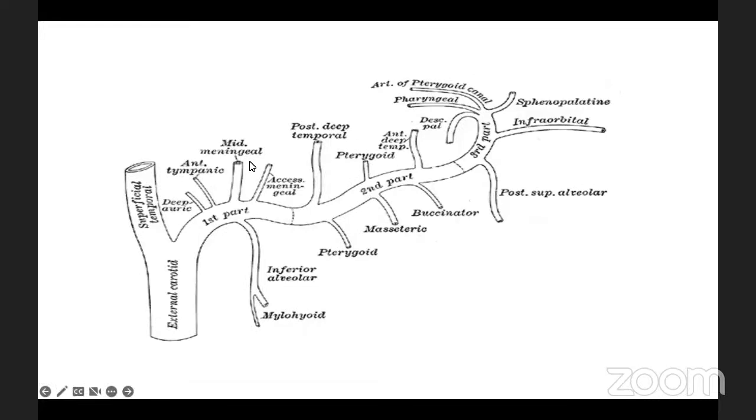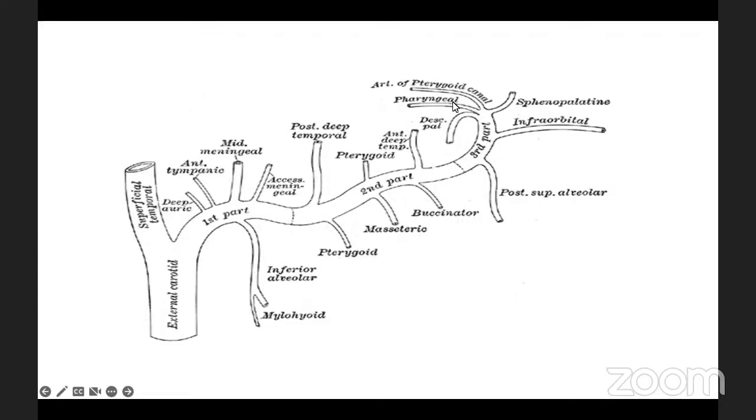So this is where the middle meningeal artery usually originates, in the first part of the internal maxillary artery, and it is the biggest branch. It also has an accessory meningeal artery along with it, which sometimes has a similar origin and sometimes a different origin, depending on the superficial and deep origin of the middle meningeal artery, which we will come to in the next slides. And the same internal maxillary artery further goes ahead and gives rise to the artery of the pterygoid canal,